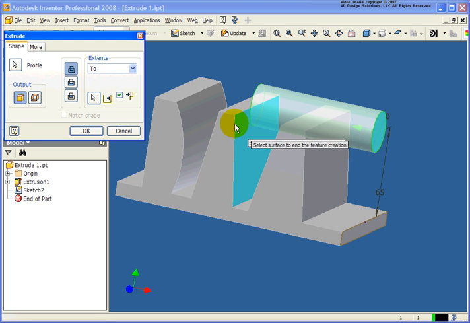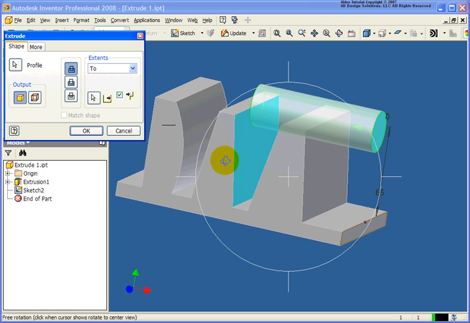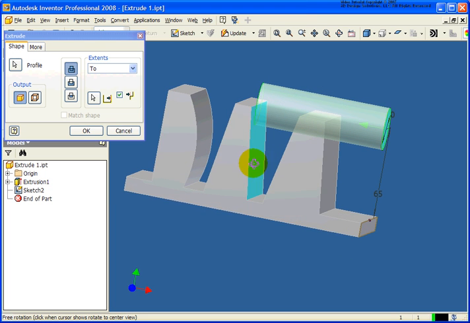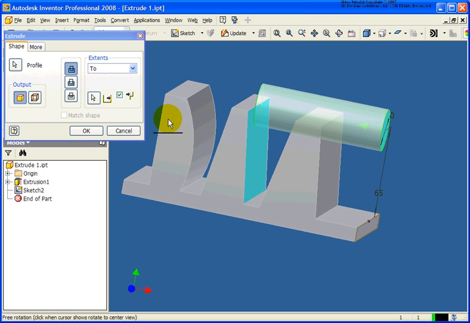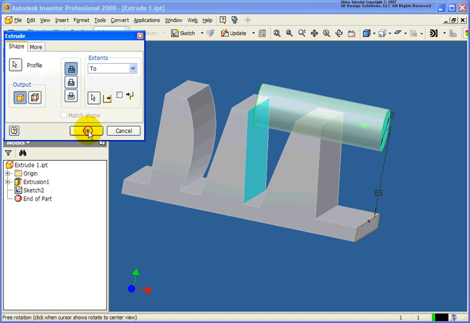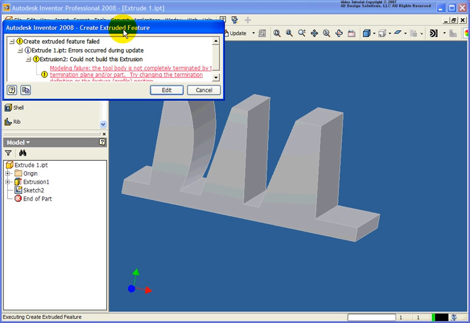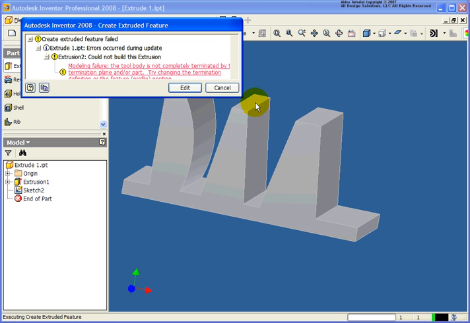So once I select that face, the option I want to talk about here is the check to terminate feature on the extended face. It's on by default. And what that's actually doing, Inventor, is taking this plane and it's looking at it as though it is infinitely long and wide. So it knows exactly how to terminate. If by chance I uncheck that and click OK, the extrusion will fail because Inventor will not know how to terminate that circle where there is no face there. So I'm going to go ahead and click Edit again,